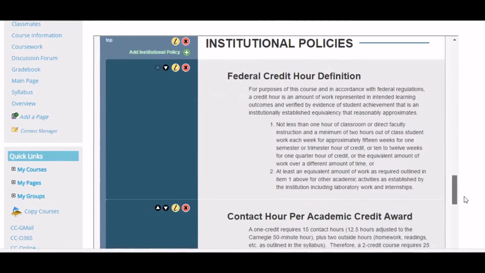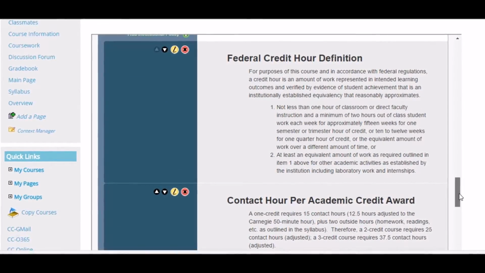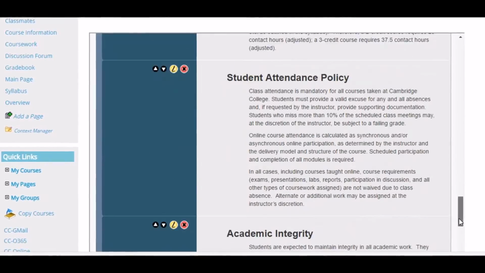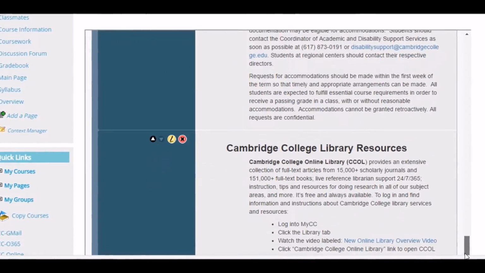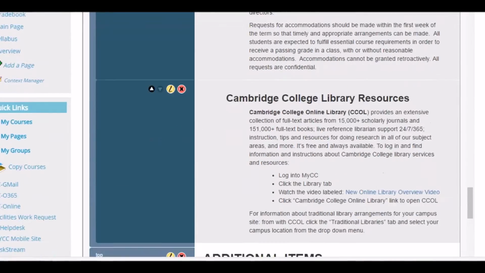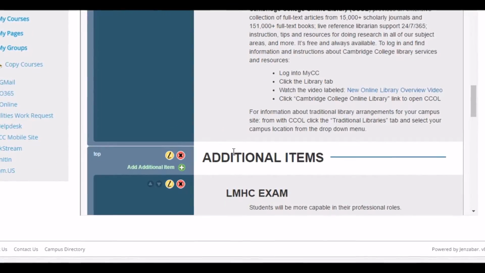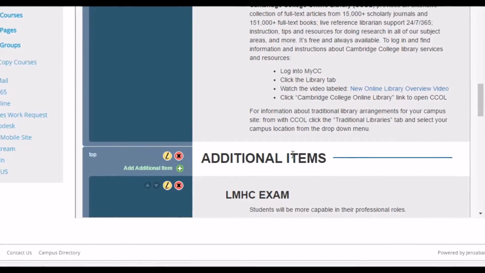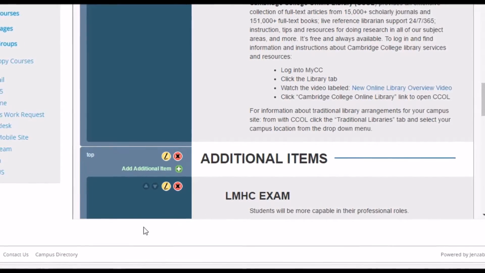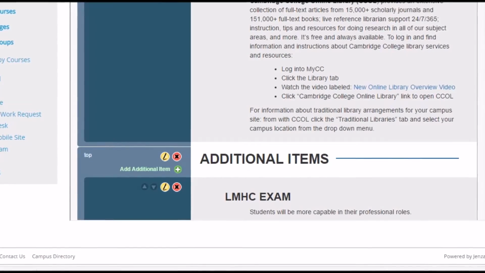Course policies. The institutional policies are all built in, so you don't need to worry about whether the library information is up to date or the disabilities information. All of that, library access and disabilities, is part of the template. Anything that doesn't fit under these other sections goes into additional items. And finally, we have at the very bottom here,